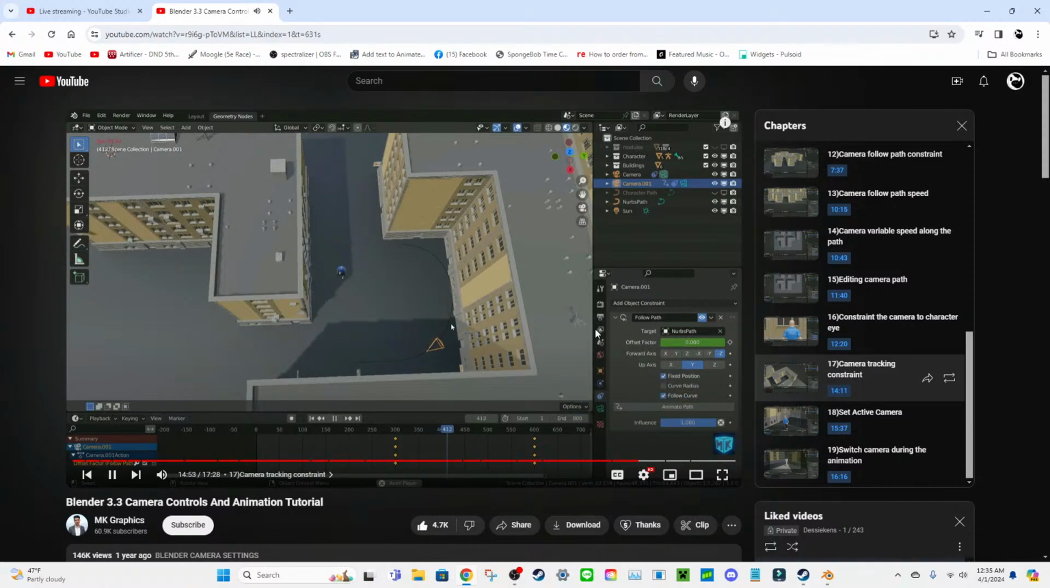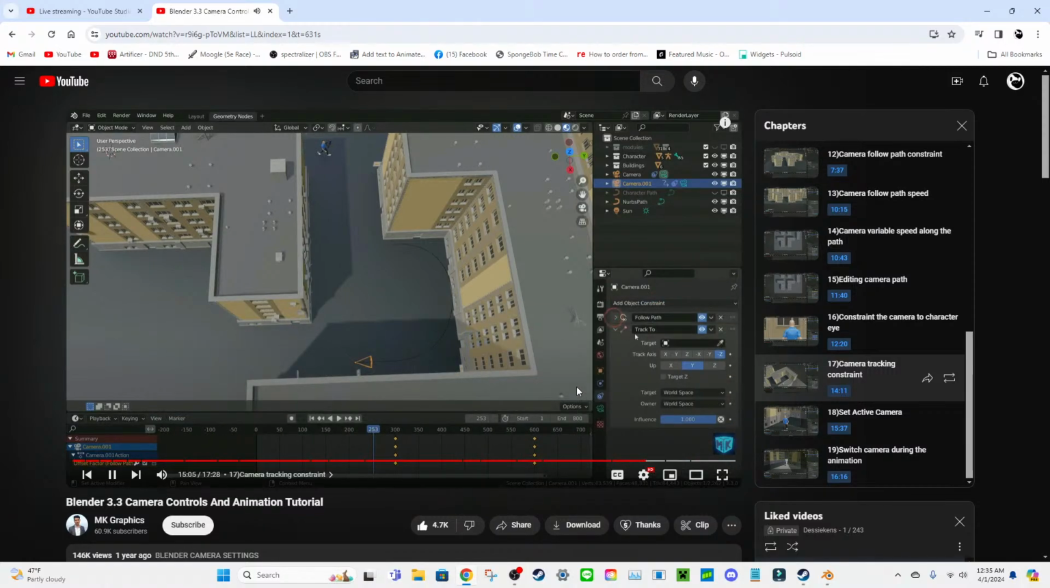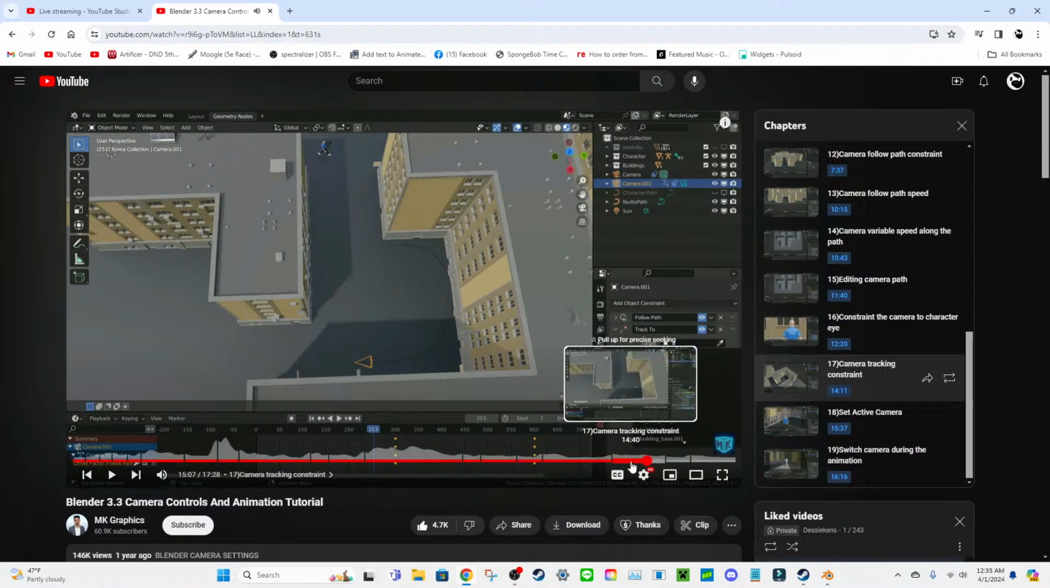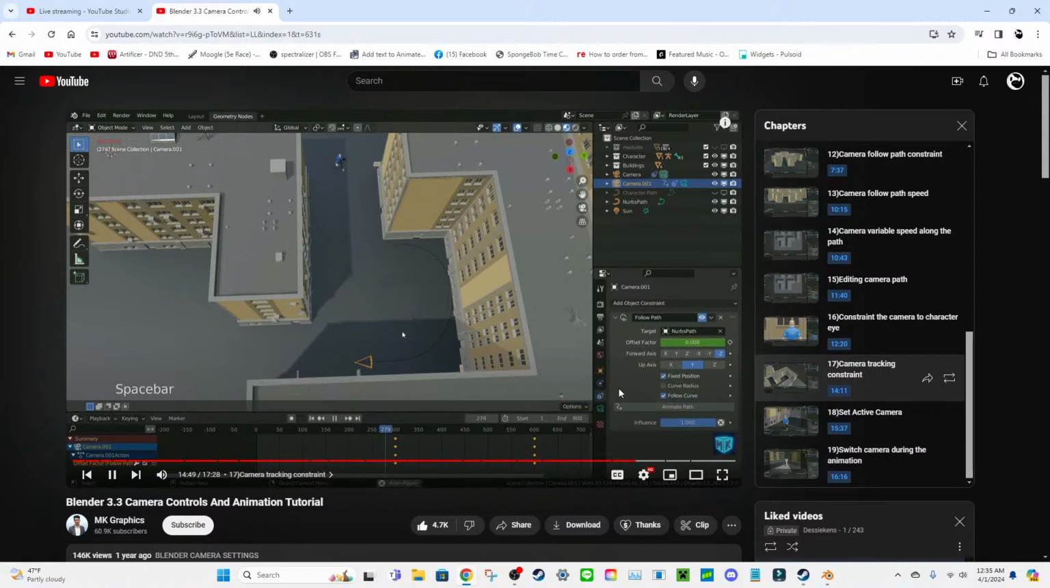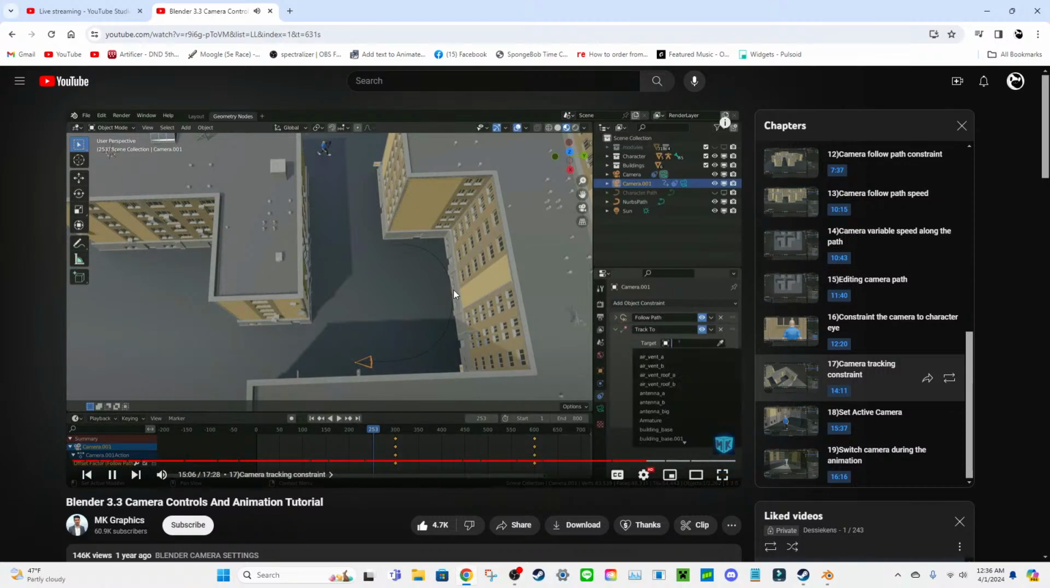following the path, but it still doesn't track to the character. We need to add another constraint. Let's add track to constraint. Rewind. That's fine. Choose the target object as our move until the character appears on the corner. Then it starts following the path, but it still doesn't track to the character. We need to add another constraint. Let's add track to constraint. Track to constraint. All right. Choose the target object as our